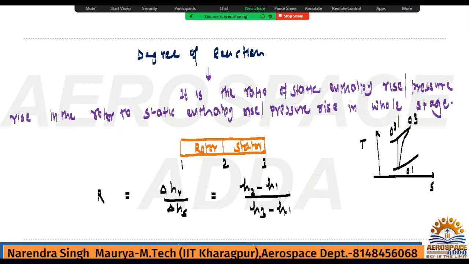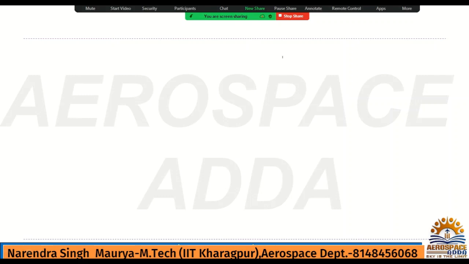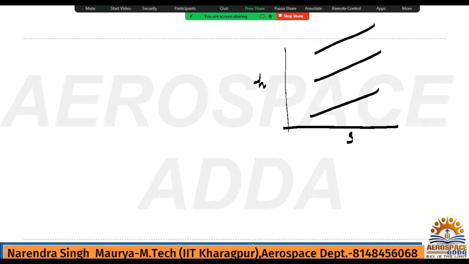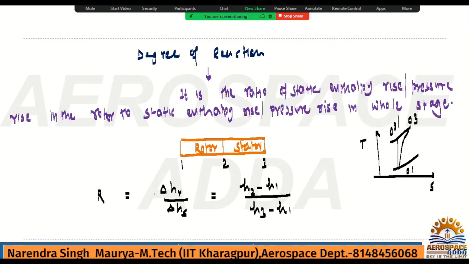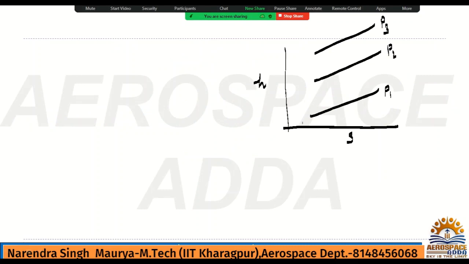You can write in this way. This is the enthalpy H and this is the entropy S, an H-S diagram. I can say the pressure lines we have, this is 1, 2 and 3. These are the pressure lines. Here we can say this is the P1 pressure line, this is P2 and P3. Now for these three pressure lines, we have